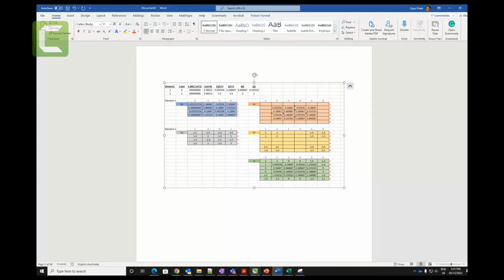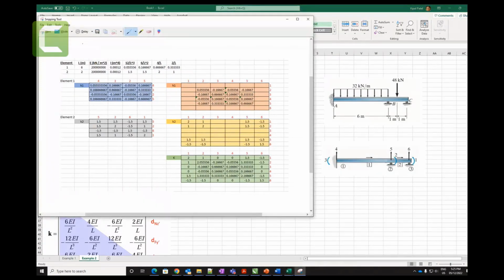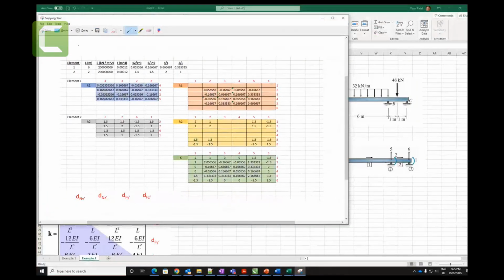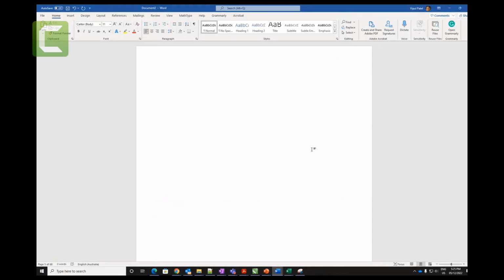Sorry, something went wrong. So what I'm saying is that if you put this one in Excel, like someone put these ones like this in the Excel, and then you put this one in Microsoft Word, let's say like this,